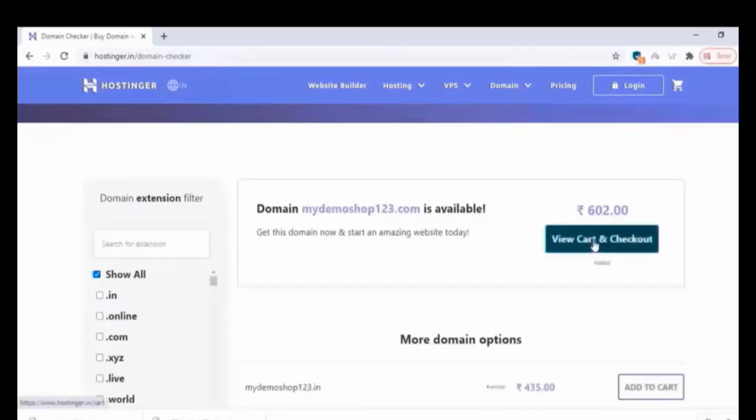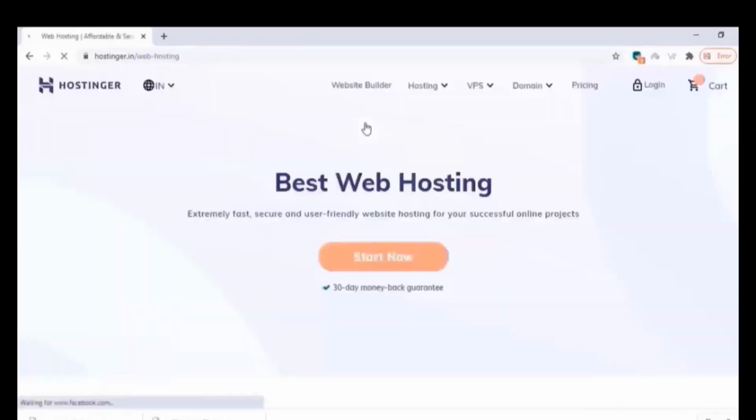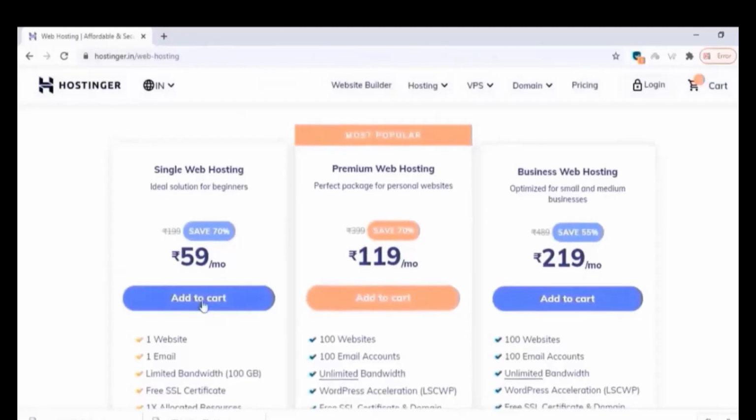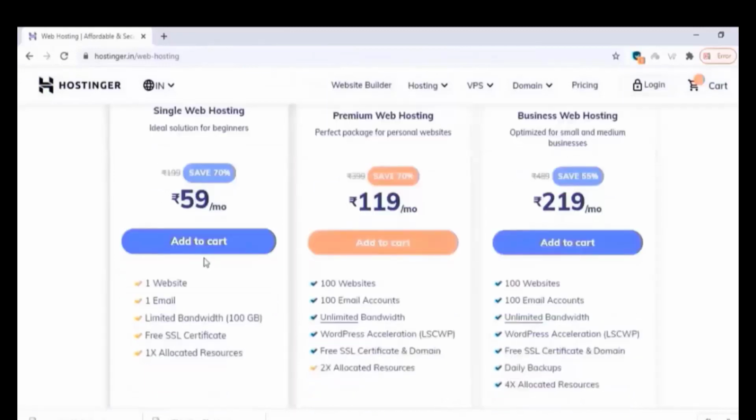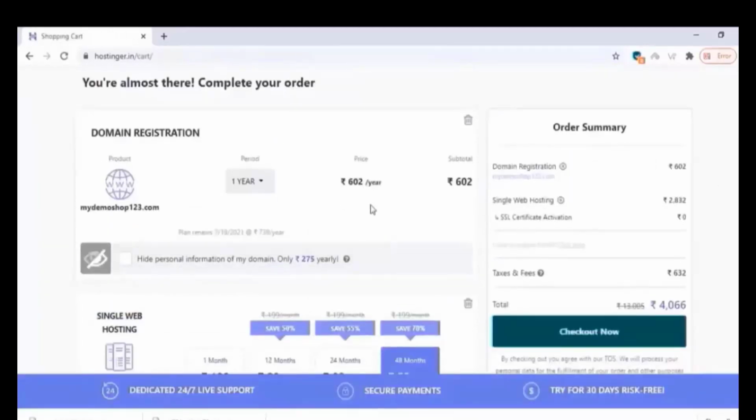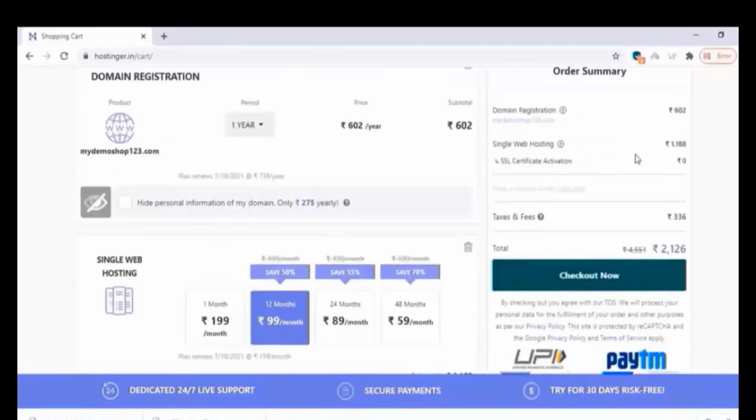So just click on add to cart, and you can also buy a hosting. So when you buy a hosting, choose the premium web hosting, so the rate will change according to the season. So sometimes it will be greater than this, or it will be less than this. Okay, anyway, choose the premium web hosting and adjust a time length here,